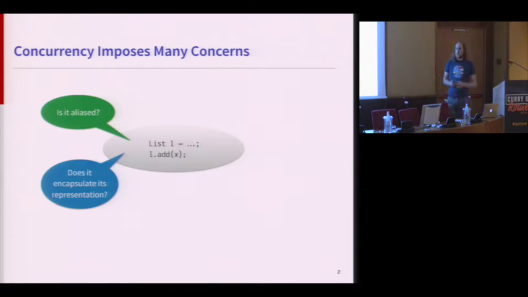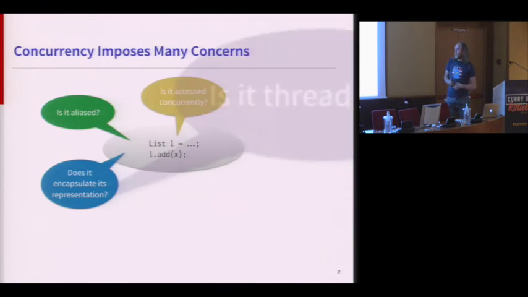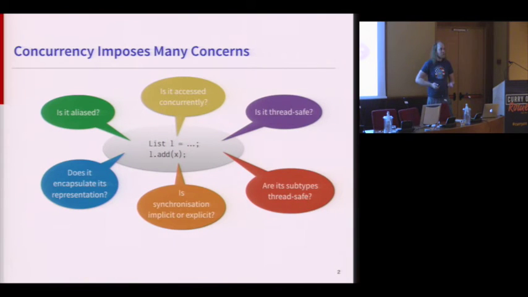And as soon as you go to a concurrent setting, you get tons of other concerns. Not only do you have to worry about aliasing, you have to think about whether this thing is going to be accessed concurrently. If it is accessed concurrently, is the object thread safe, or can there be data races? You have to think about whether all the views of the object are thread safe. And if the thing is thread safe, is it internally synchronized, or do we need to explicitly synchronize, like take